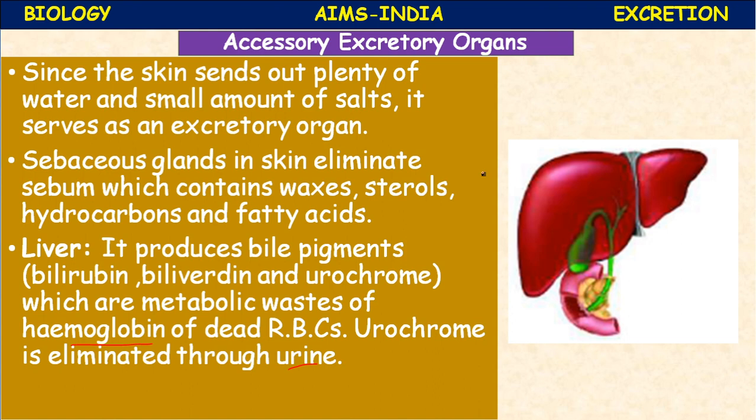It also helps in the process of excretion. Actually the nitrogenous waste materials, especially the proteins, are converted to ammonia, which is formed during metabolism. So that ammonia is the most toxic. That most toxic ammonia is converted into urea in the liver by a process called the ornithine cycle. The ornithine cycle is a process which takes place in the liver, which converts the ammonia into urea. Urea is less toxic compared to ammonia.